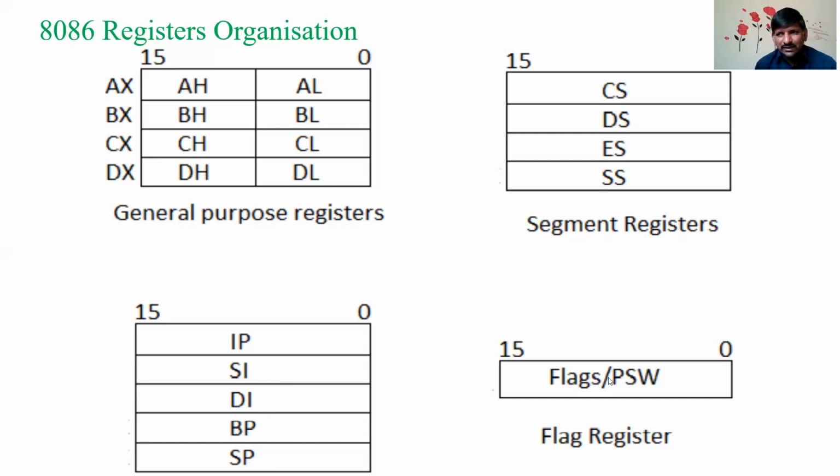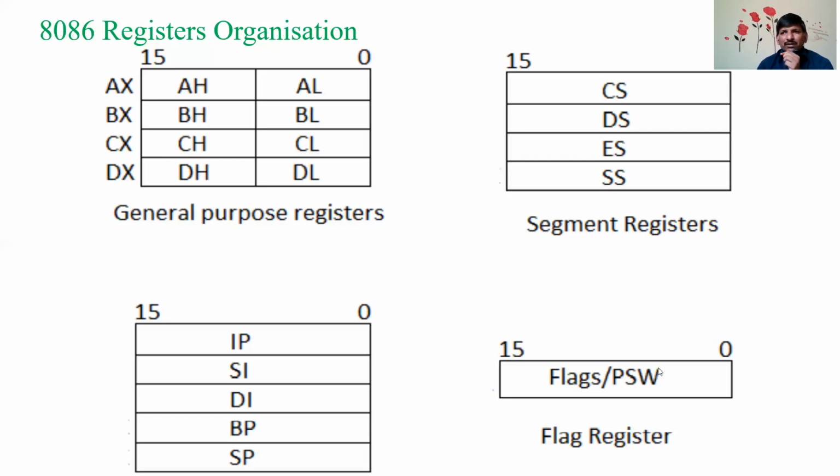One more is the flag register. So the flag register indicates the status of operations and control operations. This is a 16-bit register. In these 16 bits, 6 are the status flags, 3 are the control flags. Suppose the first bit indicates the carry flag. If the result generates a carry, that carry flag value is 1. By default, all are 0. Whenever the corresponding condition is raised, that flag value is 1. In the result, if a carry is generated, that carry flag is 1.